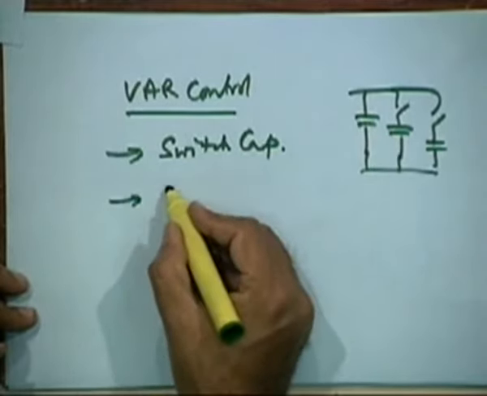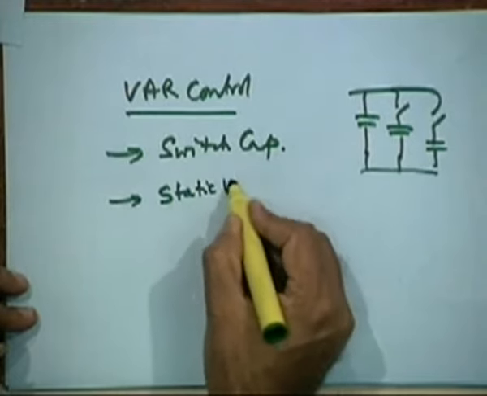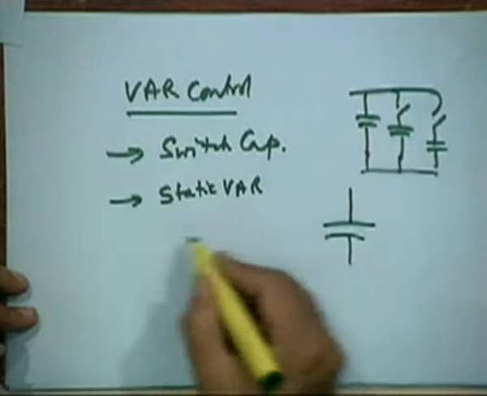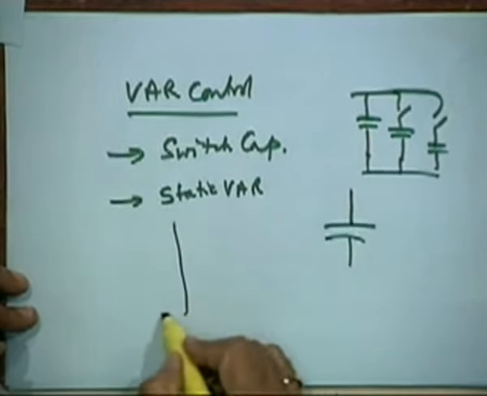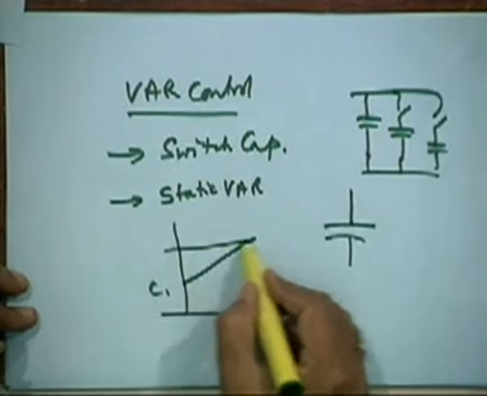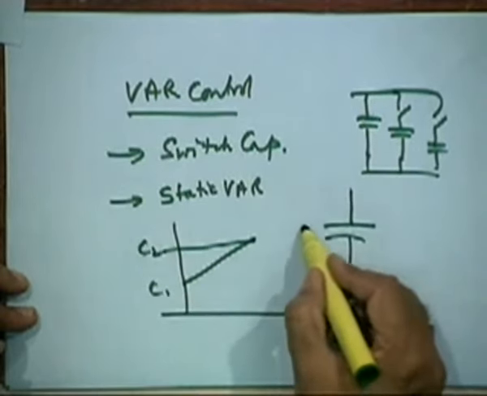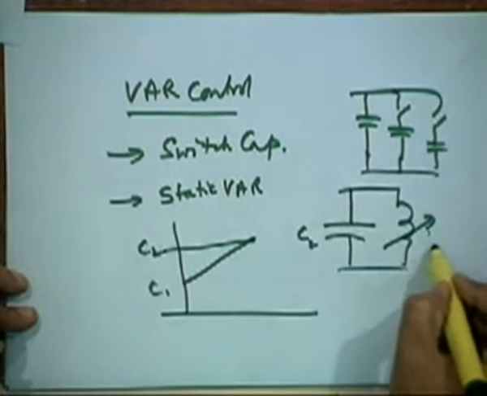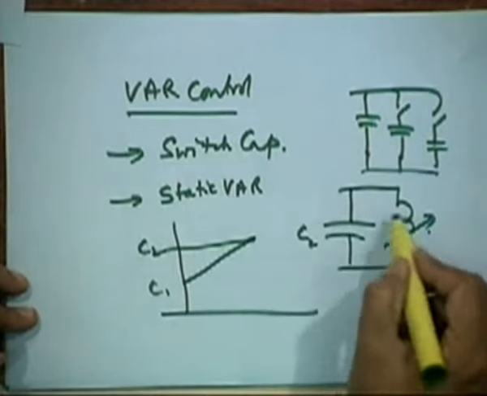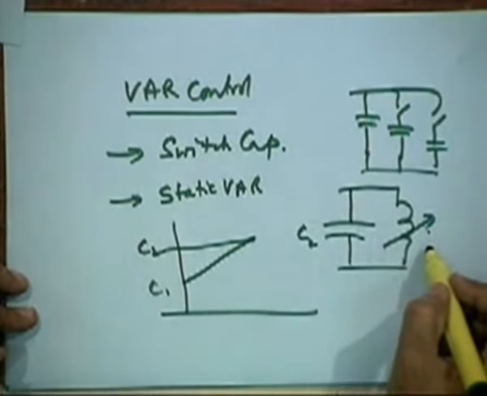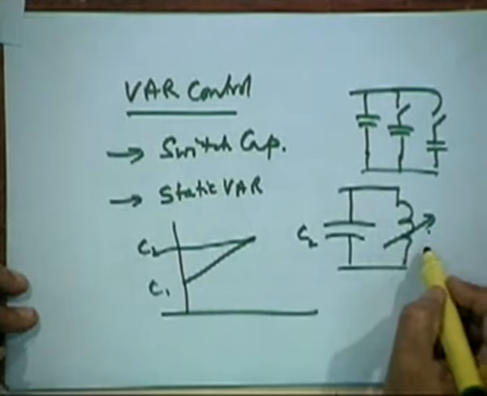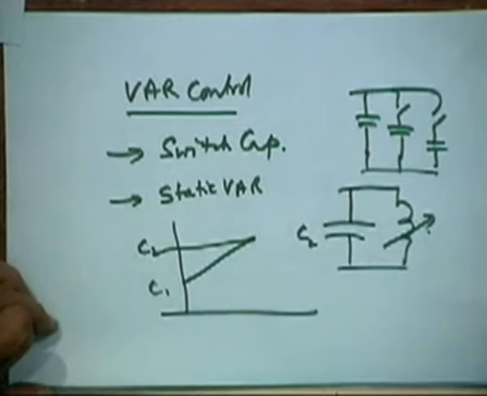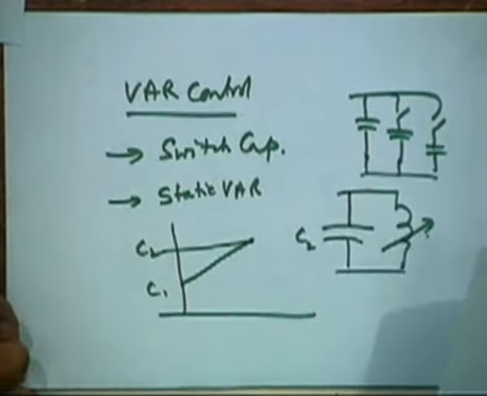Another is what is known as a static VAR system. You can have a high capacitor, because you want to vary the capacitance from, let us say, C1 to C2. So you connect here a high C2, okay, and then you have a variable inductor, right, isn't it? So, in parallel with this is a varying L. So, this is one way of control that is being thought of. How do you vary L?